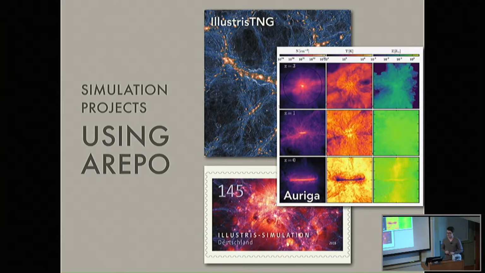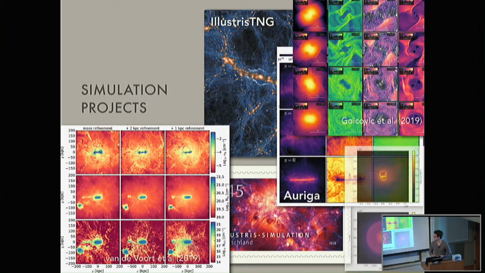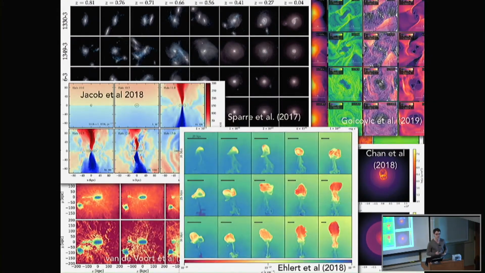But I should also say that this is by no means the only project this code has been used for. And here is just a small subset of simulation projects that this code has been used for. So my main point here is, from a software development point of view, this is a heroic effort of code testing, code optimization, and bug fixing of all kinds of different conditions that can occur in astrophysics. So all these simulations simulate different astrophysical systems. And by now this is reasonably well tested, which I think is quite crucial for a code of this complexity.